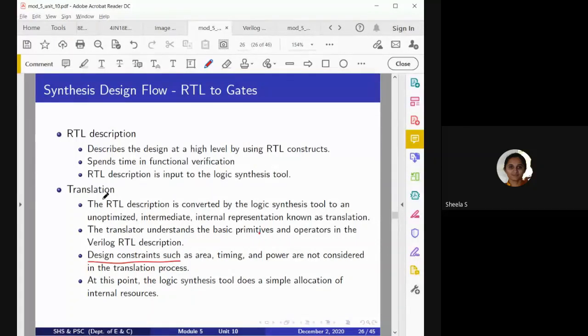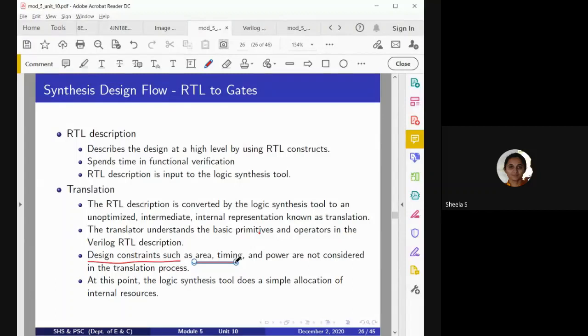According to that, it will understand what basic gates and what operators it has to use, and it will be described in an internal database. But it will not consider how much area is required to implement the circuit and what the corresponding timing requirement is. It is not bothered about all those things.